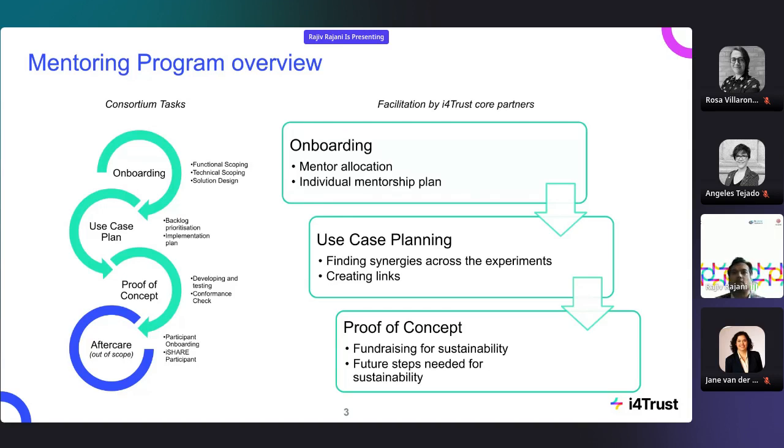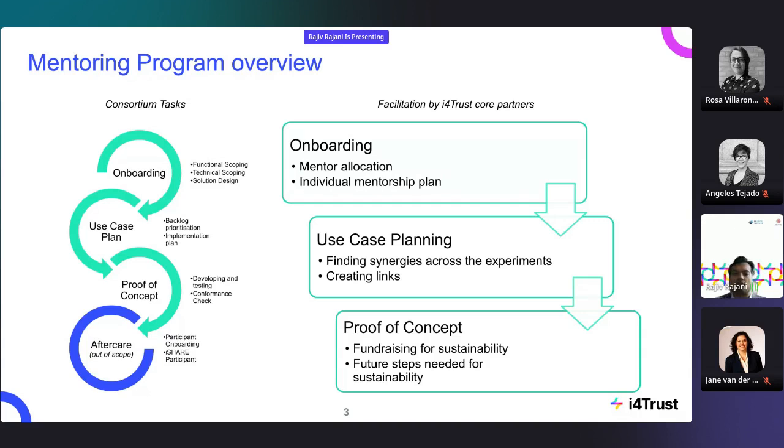In use case planning, together with the steps you take, we also try to help you by inviting you to events where you can network with each other and find synergies amongst yourselves, where you think your experiment can benefit from other experiments, and vice versa, so that you can join hands and see if you can leverage each other's positions or each other's experiments to improve your business case, use case in that sense.